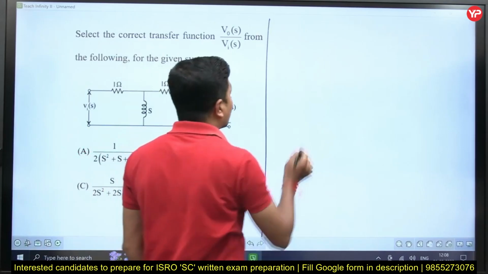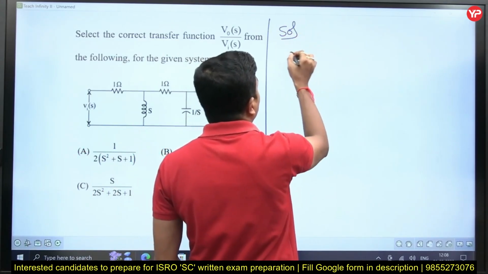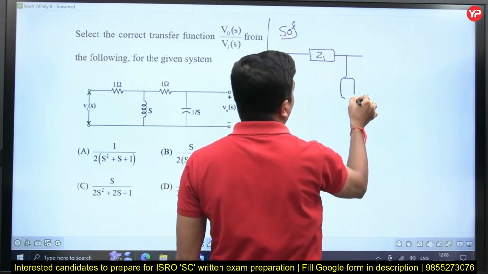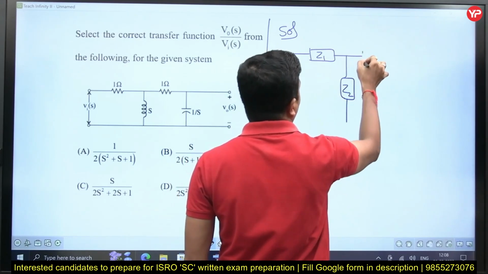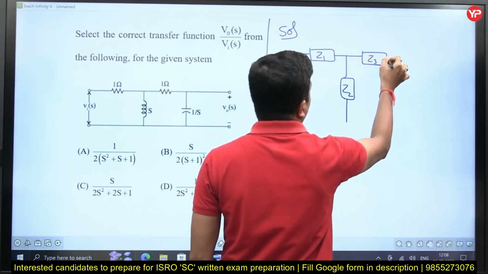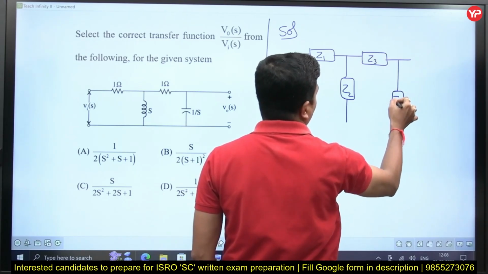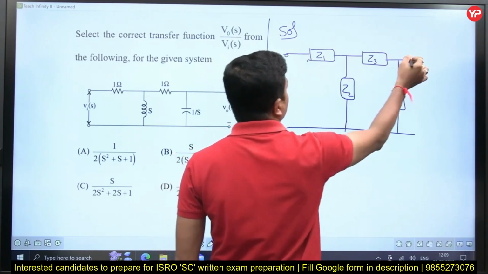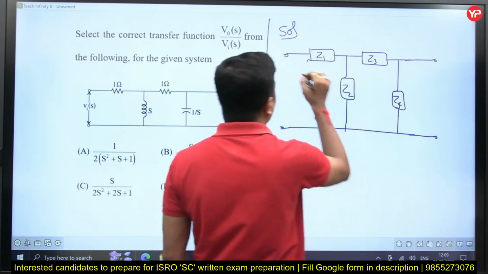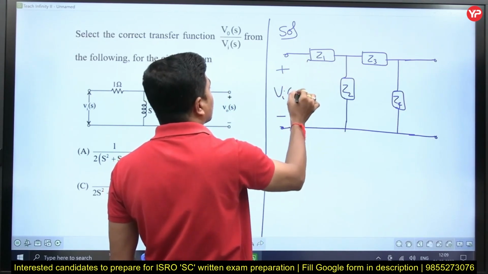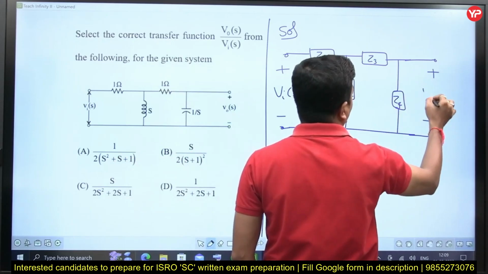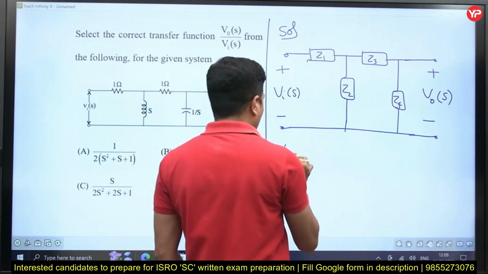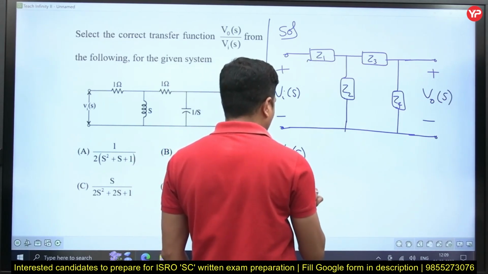So my point here is solution. Yes, if I have impedances Z1, Z2, Z3 and Z4 like this in cascade, in this way. Okay, this is input voltage VA of s, this is output voltage V0 of s. For this one, direct formula for V0 of s by VA of s is equal to